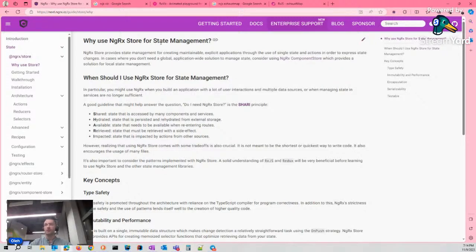Okay, what is NgRx? That's a system that allows us to save the data in one object, in one place.